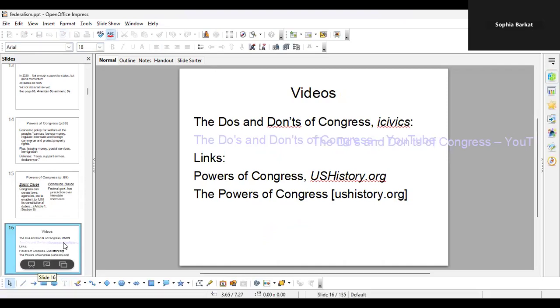The do's and don'ts of Congress. This page is a little bit messed up, but let's take a look at it just to see what this